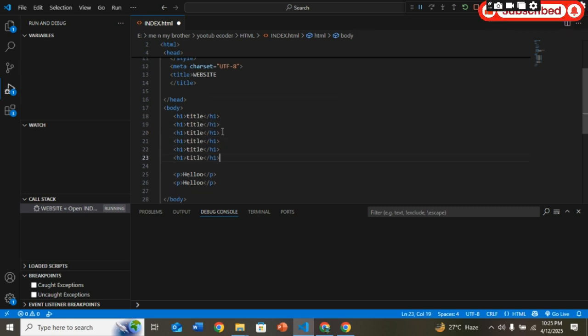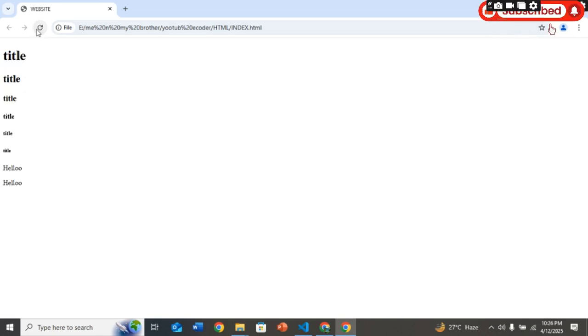4, 5 and 6 times. After H1 add H2. After H2 keep adding till you've reached H6 like this as I'm adding. So now these are different sizes of headers. Look,